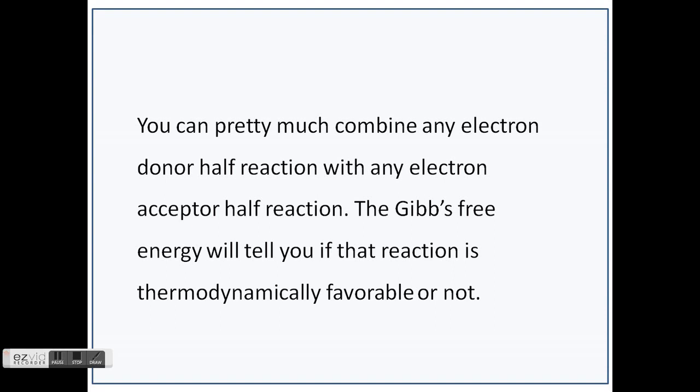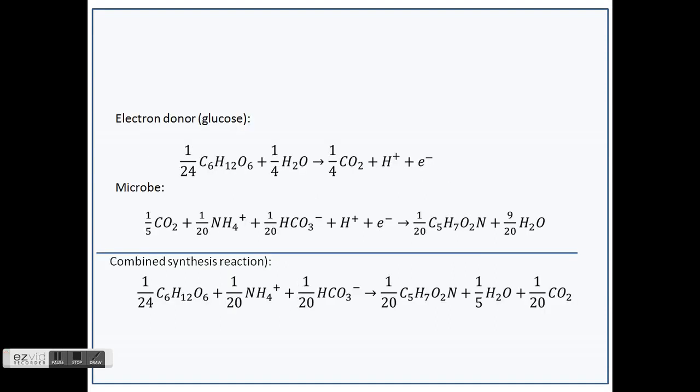I'll quickly go through an example. This is an electron microbial half reaction where the microbe is using part of the substrate or electron donor to produce cells. Again, you can have these two half reactions from table 2.3, and these are glucose. Glucose is acting as the electron donor, giving out electron, and the microorganism accepts the electron using